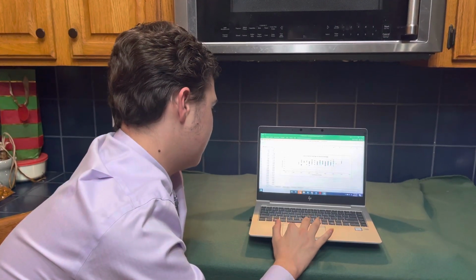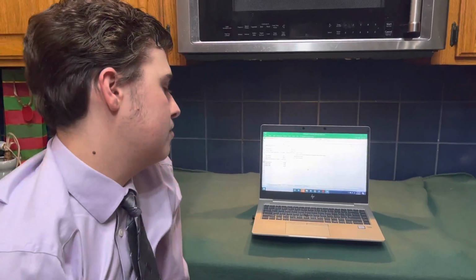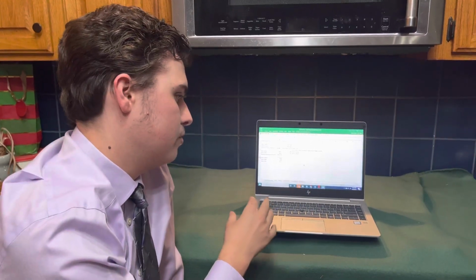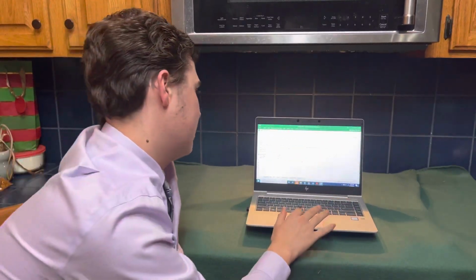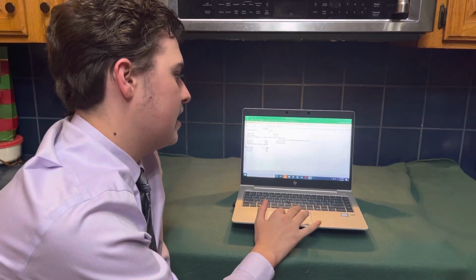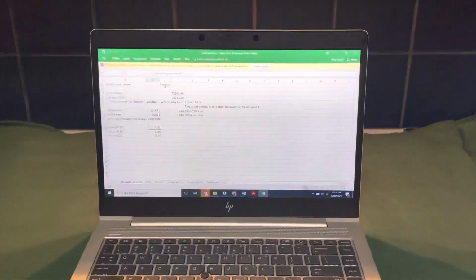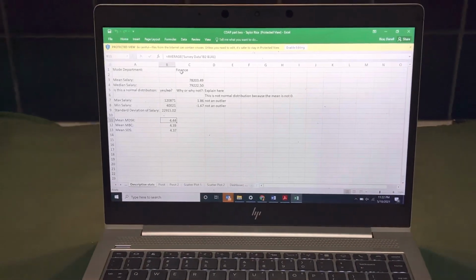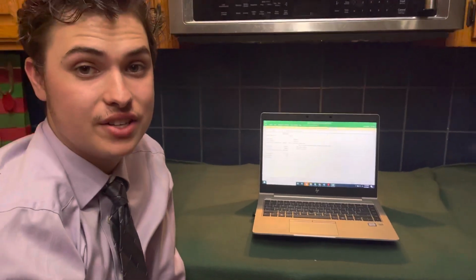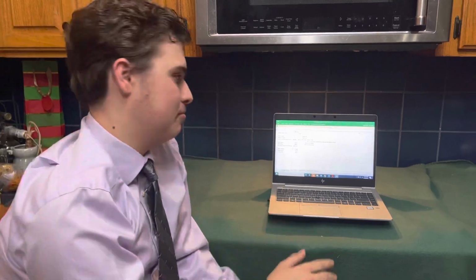Now, the last bit of data I want to look at is the descriptive stats. These are just a few things that I analyzed through, for instance, all the survey data. So, for instance, I put which department had the most, and that is finance. So you can see that that's the best company. You could use it maybe if you really want to look at that company, or maybe if you want to congratulate, I mean, finance is doing pretty good. Maybe give them a warm round of applause.